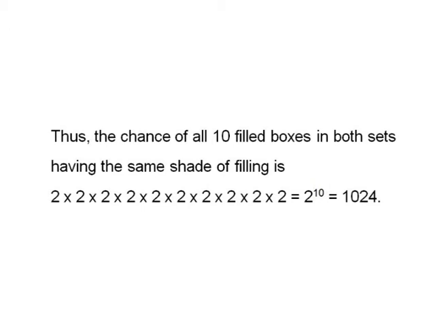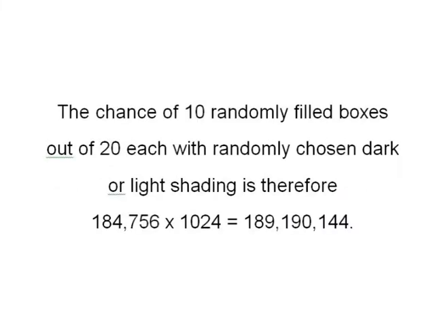But as this is dependent upon the first box, the chance that the first two boxes will be shaded exactly the same is 1:2 into 1:2, for example 2:2. Thus, the chance of all 10 filled boxes in both sets having the same shade of filling is 2 raised to power 10, which is equal to 1024. The chance of 10 randomly filled boxes out of 20, each with randomly chosen dark or light shading, is therefore